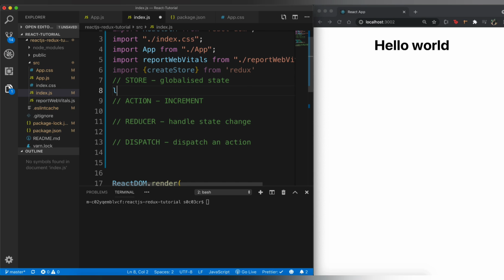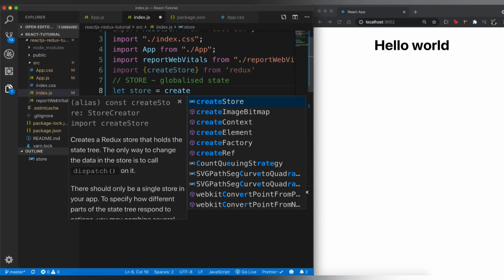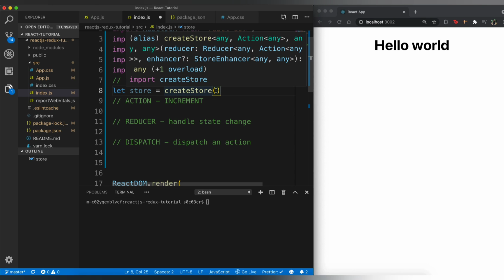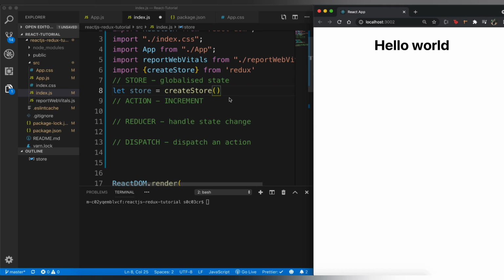So how do you create a store? We simply say let store is equal to createStore, and inside of createStore, you'll have to pass in a reducer, which we are going to talk about in a while. You can also pass multiple reducers. If we take the PPT example, we'll have one reducer for movie board, one reducer for game board, and so on. In this particular example, I'm only going to take one reducer, but when we do it with React, which we will also do in a while, we will take two reducers. So I'll have to pass in a reducer which we have not created yet. Let's leave it for now.